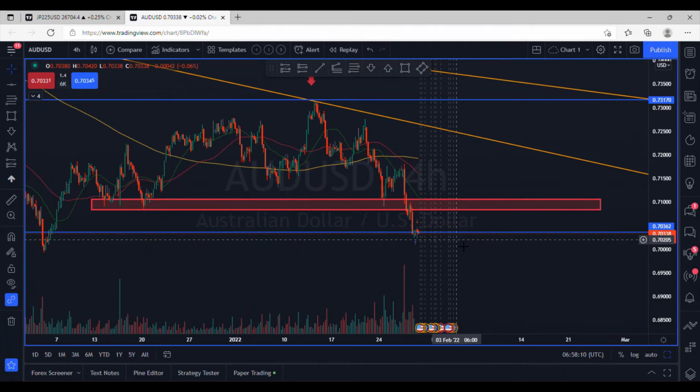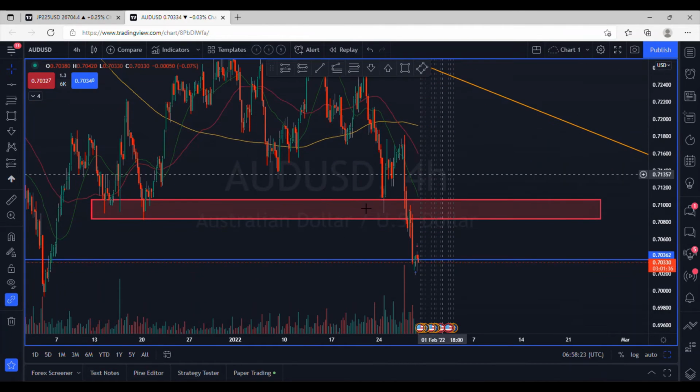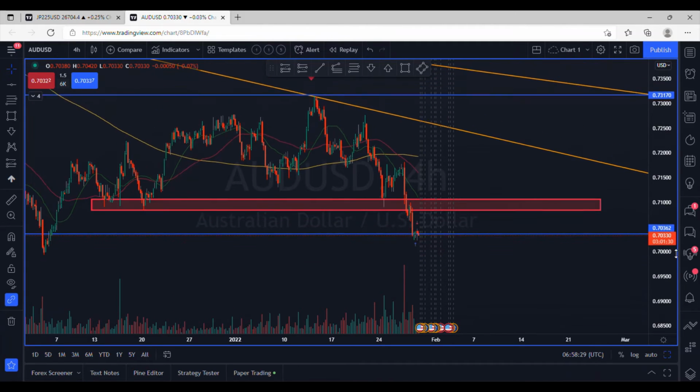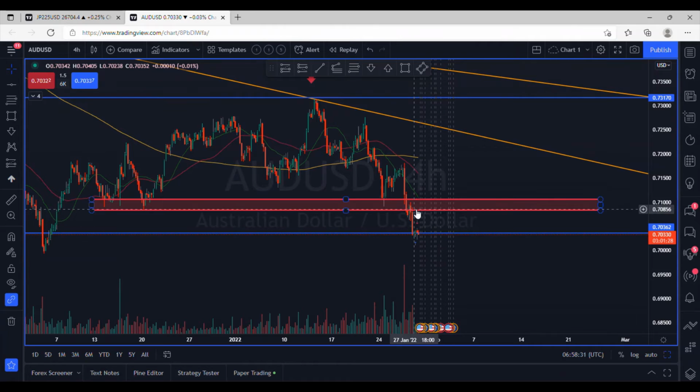So bear in mind we're on a 4-hour chart, so it could take 3 days to come up and hit this triangle. Sorry, rectangle. Let me get my shapes right. Rectangle. So again, this for me is a very good area for us to be looking at, because there's more of a chance that when we get price back up into this rectangle area, it's going to slow down and it's going to consolidate again, because we've had